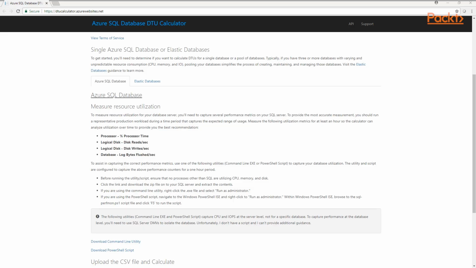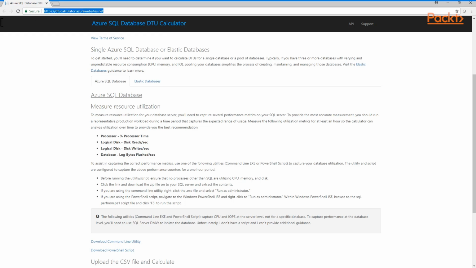So in this lab, we're going to find an initial service tier for Azure SQL database using the DTU calculator. When we come to do our migration, we might be unsure about the service tier that we need to select while migrating to Azure SQL database. We can utilize the DTU calculator to select the service tier to migrate to. So the aim here is to choose an initial service tier for a database that's going to be migrated using the DTU calculator. The first thing we're going to do is go along to the DTU calculator website,